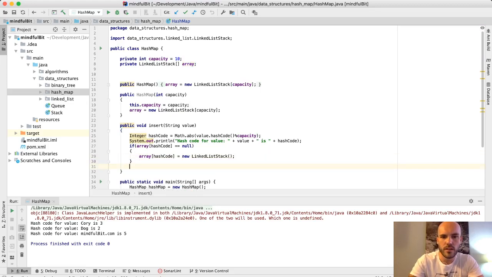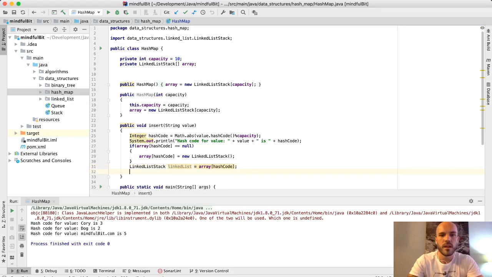So we'll say now linked list stack linked list equals array at hashcode. So this is just me retrieving the linked list from the index hashcode of the array object. And now we're going to say linked list dot push,